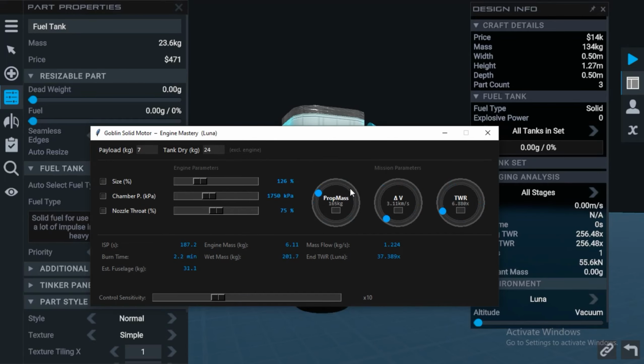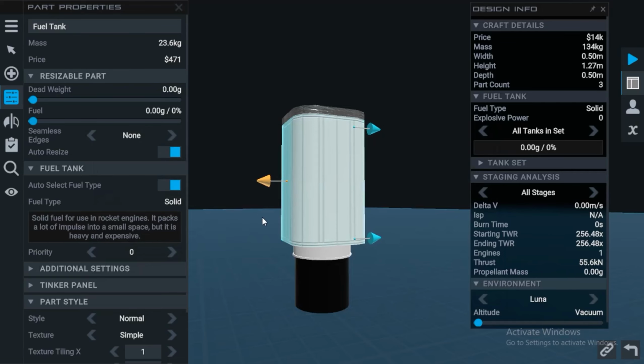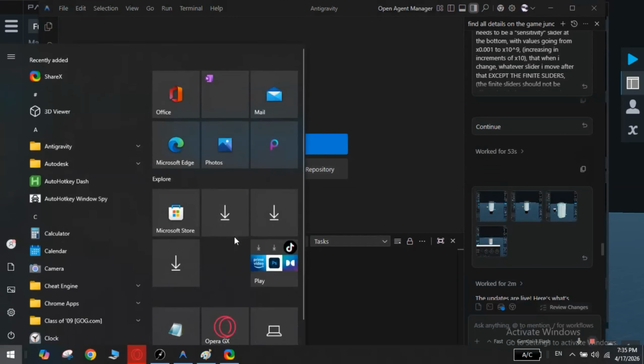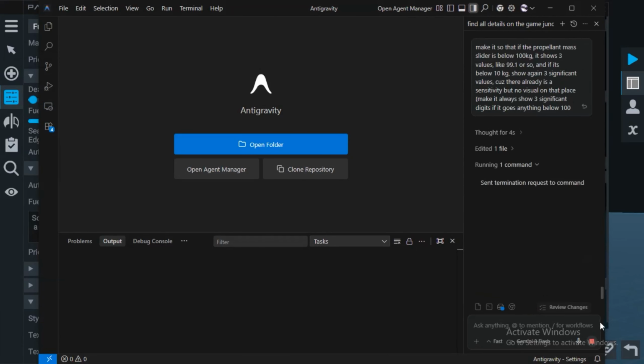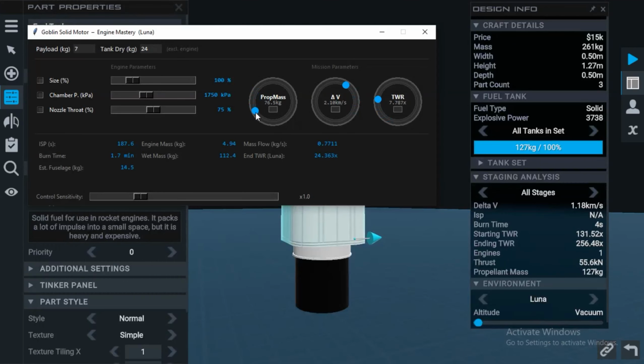So the propellant mass was like 127. If I can just get that, hold on, it's 127. Anyway, so while that does its thing,